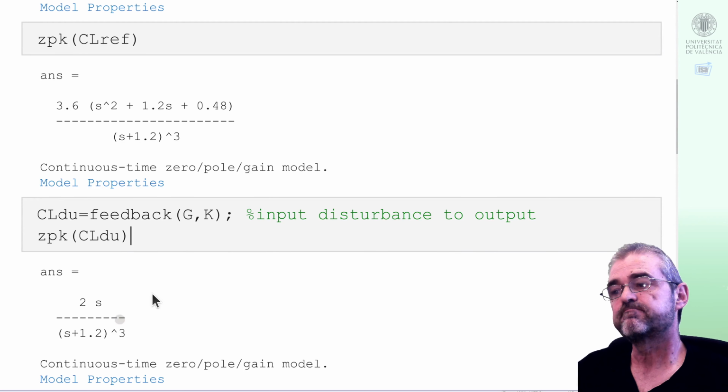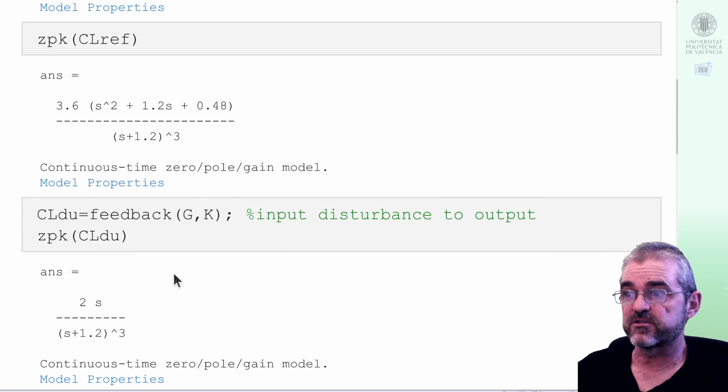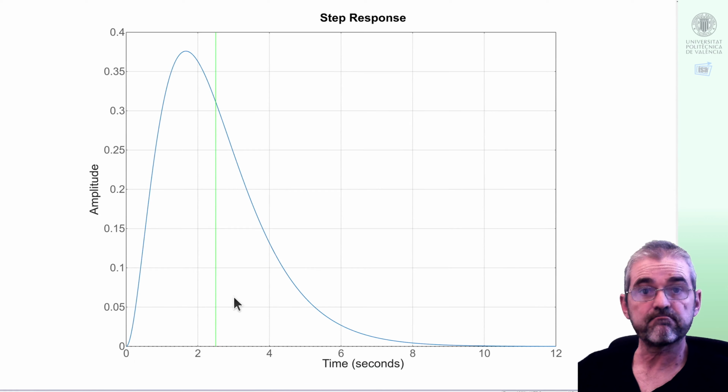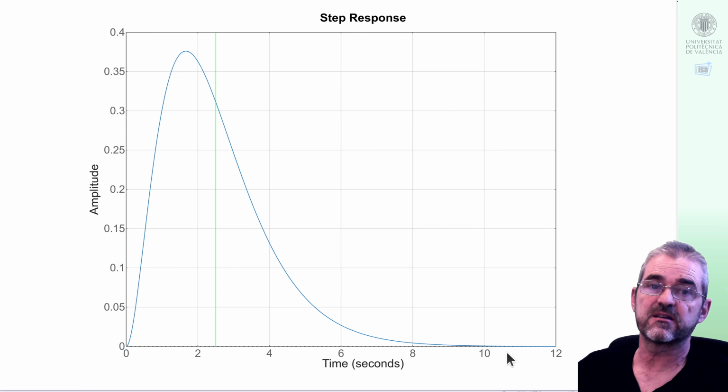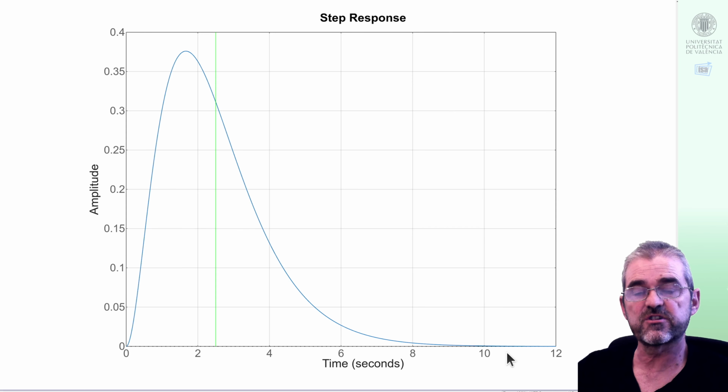Here we have it. And then if I plot the step response, here I have the step response that ends up in 0. So if I have a constant wind, my integral action will react and place again my mass at the exact desired position. But regarding settling time, I would rather say that settling time is 6 seconds and not